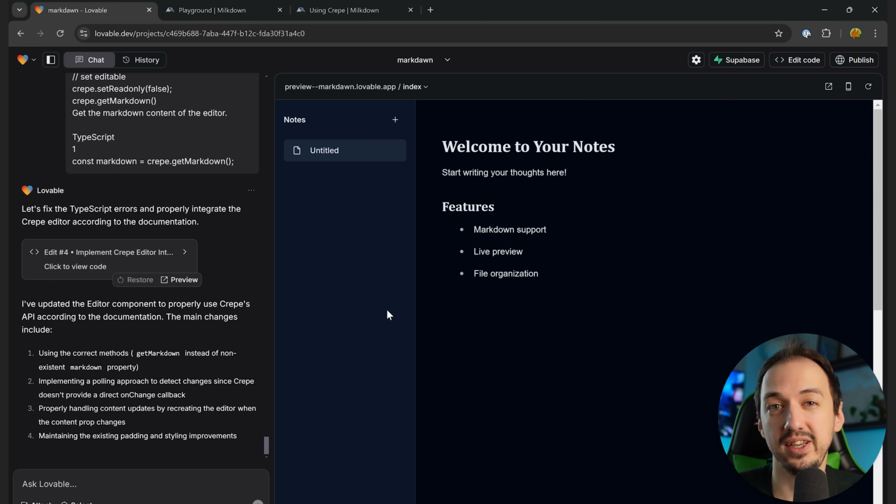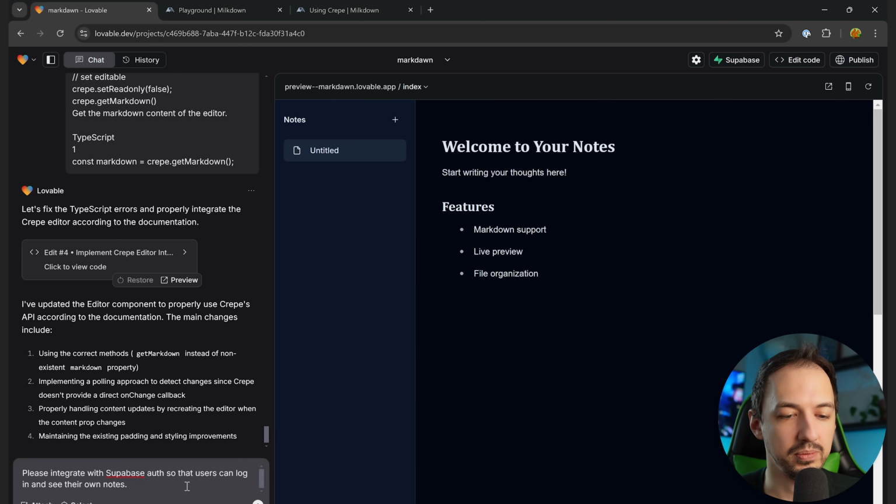So I'm just going to wait until I get into Cursor to handle that part of it. We at least have our project started on a nice template. And now we're going to tap into some of the other advantages of using Lovable. We're going to get the authentication integration and the Stripe integration in place so that this can become a paid application. So I'm going to ask it to please integrate with Supabase Auth so that users can log in